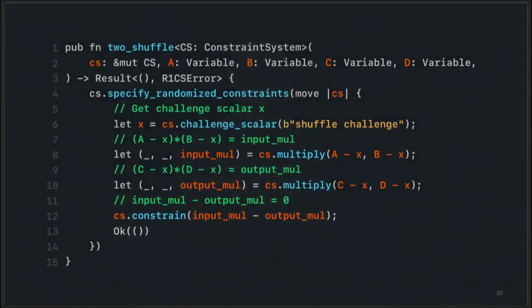So here's our gadget code. The toShuffle function takes in a constraint system and 4 variables for A, B, C, and D. The first thing that we do is get a random challenge scalar x. So this should look familiar from the transcript earlier. This gives us our challenge scalar, and then we create a multiplication constraint where we pass in a minus x and b minus x, and then expect that the variable for the a minus x times b minus x is input_mul. And then we say, again, c minus x times d minus x should be equal to output_mul,